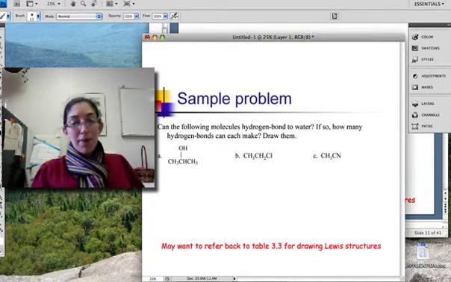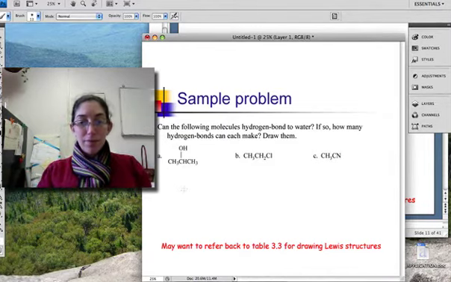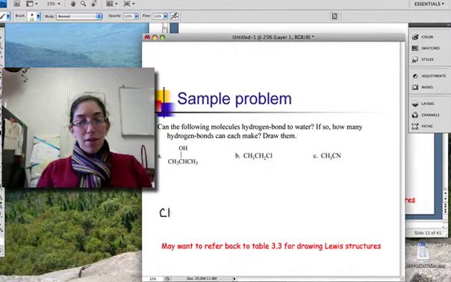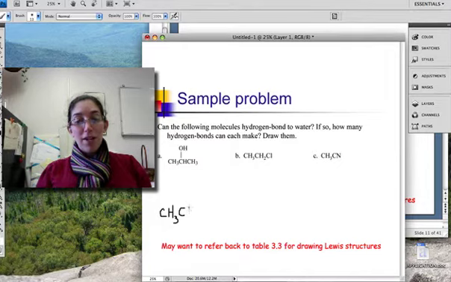And we're going to draw them. Okay? So first of all, we're being asked about hydrogen bonding. So the first thing we want to look for is, does this molecule have oxygen, nitrogen, or fluorine? Those are the electron hogs that we're looking for to determine whether there's any chance that there's going to be hydrogen bonding in this molecule. And yes, there is